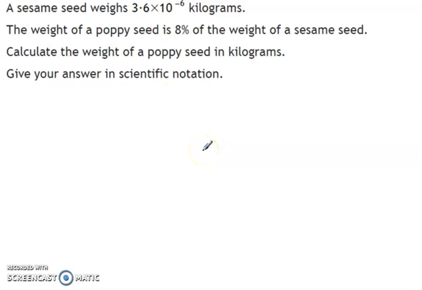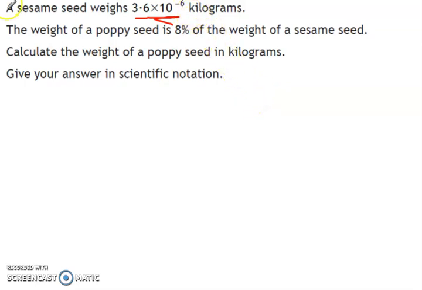In this question, what we're going to be looking at is doing some basic calculation work, but we're going to be bringing in the topic of scientific notation. So, example given here. Now, scientific notation is a way of writing numbers so that we can write bigger numbers or smaller numbers in a more simple form and then be able to use them easier when it comes to